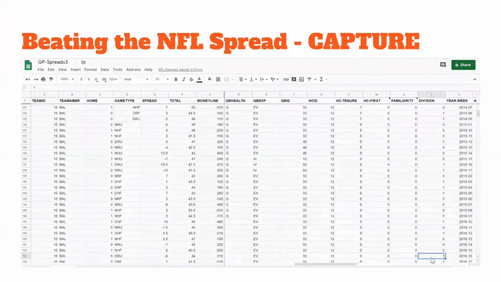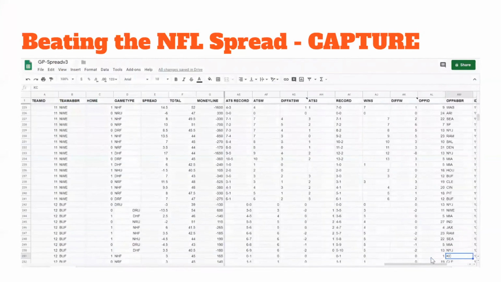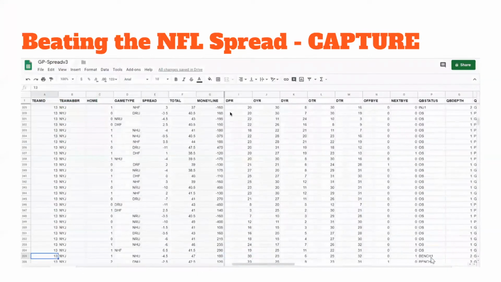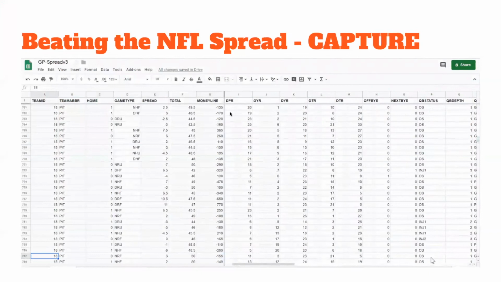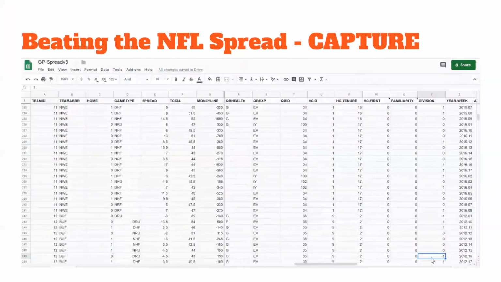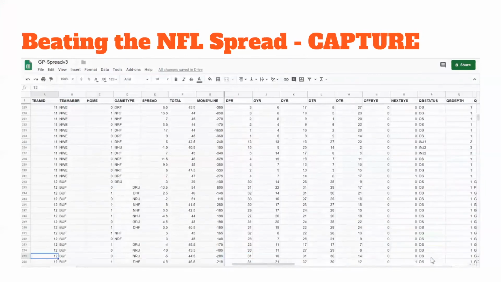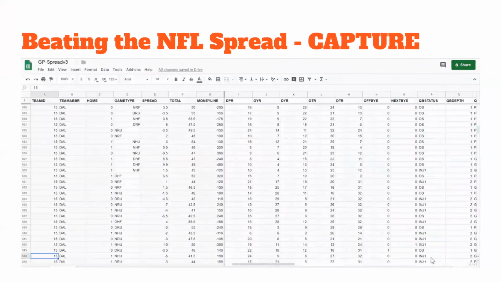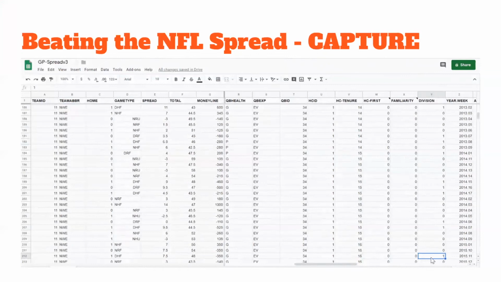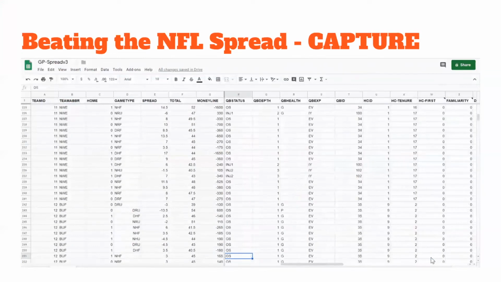And each one of these columns here, let's talk about this real quick because it's kind of an important vocabulary word for later. Almost every one of these columns in this data is referred to as a feature. So whenever I'm trying to beat the NFL spread, I'm trying to find important data elements that may give insight into areas where I may find an advantage or a hole or a gap where I actually am doing better than they are at